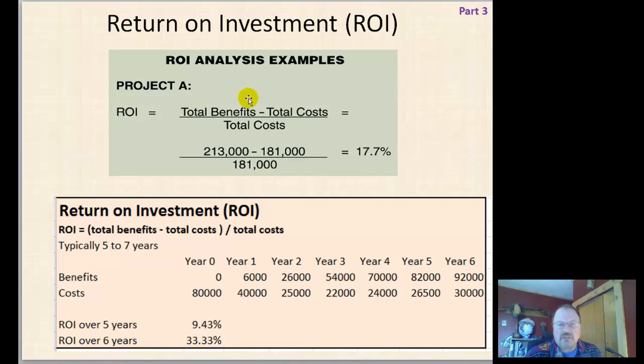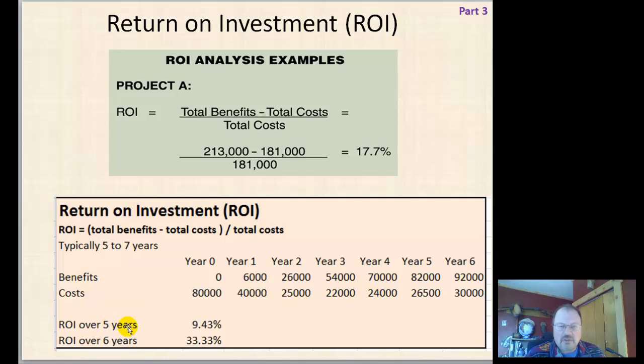Okay, now return on investment is simply how much money do you put into a particular project versus how much you get out of it. So benefits over a 6-year period, and that's cumulative benefits, $92,000. Costs, that's not cumulative costs actually. In this picture it's not cumulative. In your formula it's total benefits minus total costs over total costs. So we would add all these numbers up, and